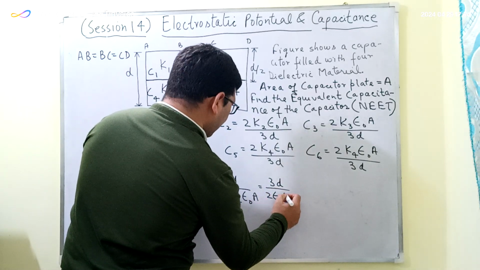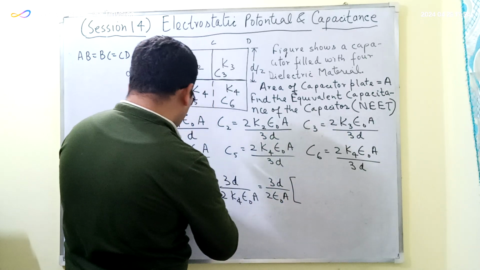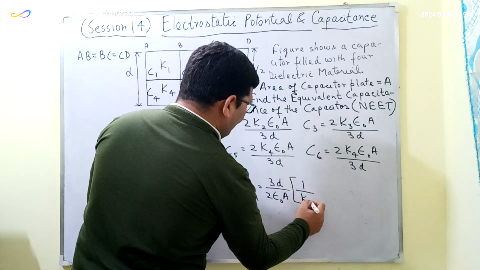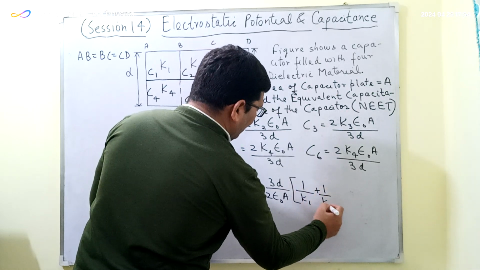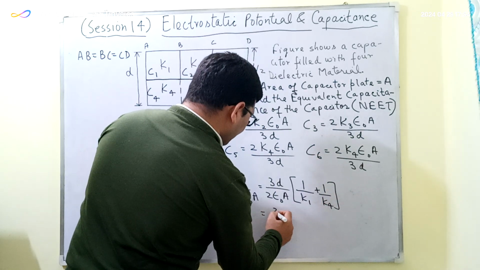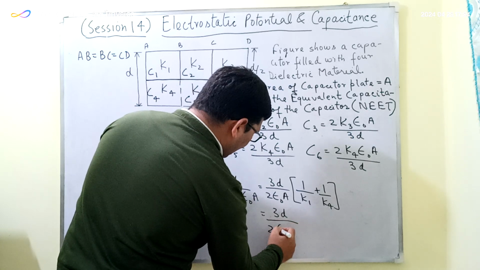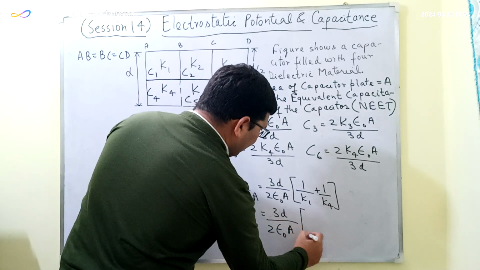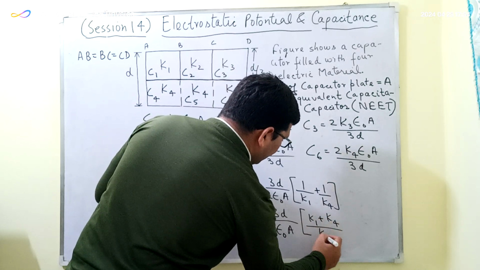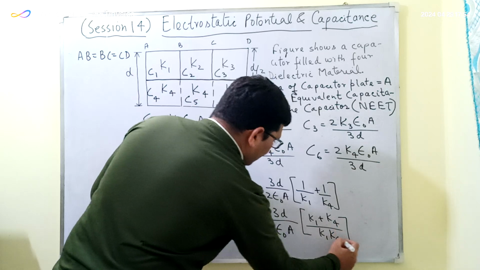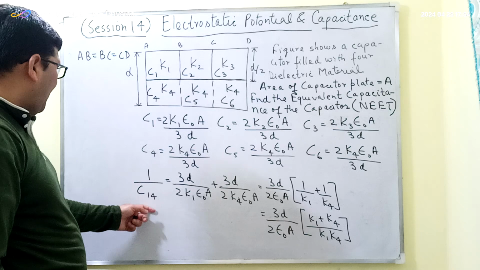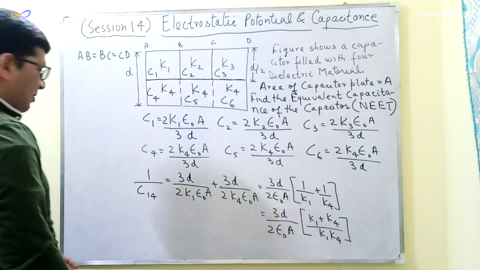2 epsilon naught A is constant, so I will be getting 1 divided by K1 plus 1 divided by K4, and so this can be written as 3D upon 2 epsilon naught A, in bracket, K1 plus K4 divided by K1 K4. Okay, so from here we can say that the equivalent capacitance of this C1 and C4 will be equal to,